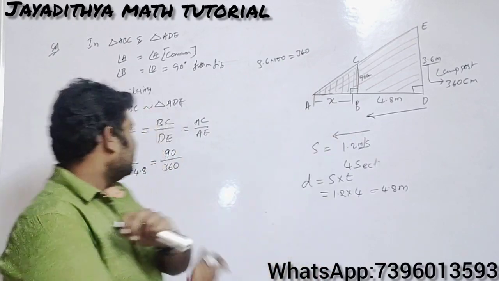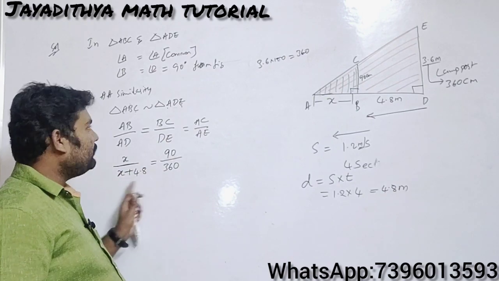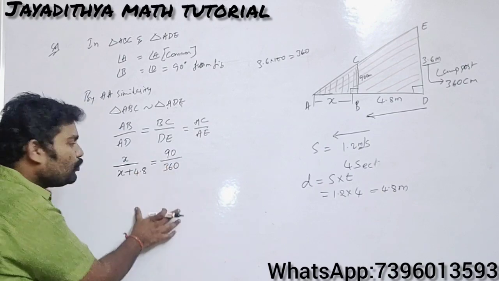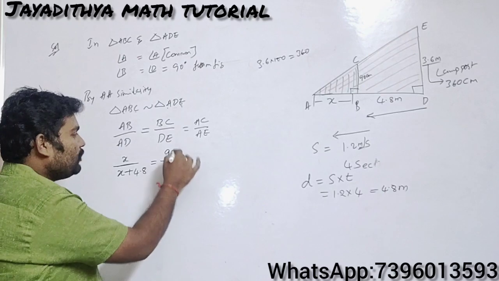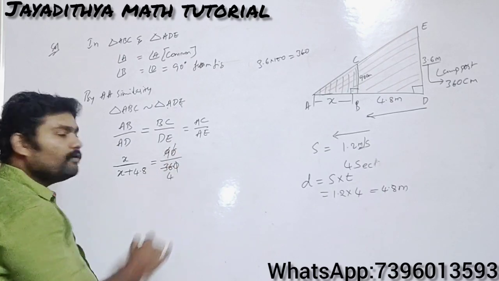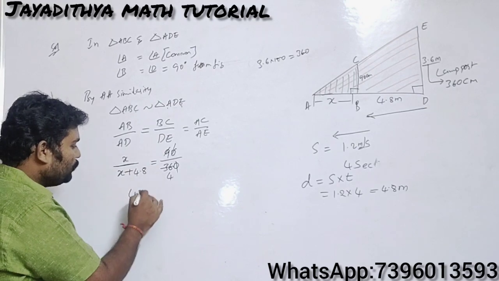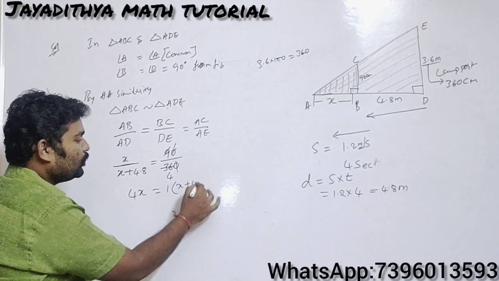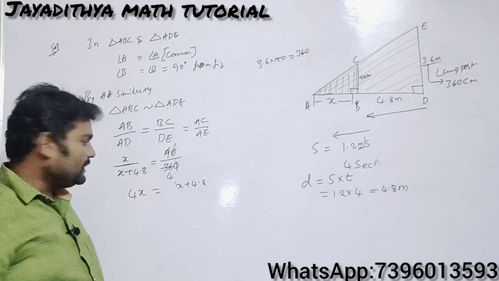That part also you should write in the starting only. So from this we can easily find the value of X. There is no need for us to take AC by AE now. Take only this part and try to simplify, then you will easily get the answer. So 0 and 0 get cancelled, 9 ones are 9, 9 fours are 36. Okay, do cross multiplication here. 4 into X, that will be 4X, which is equal to 1 into X plus 4.8, that is X plus 4.8.